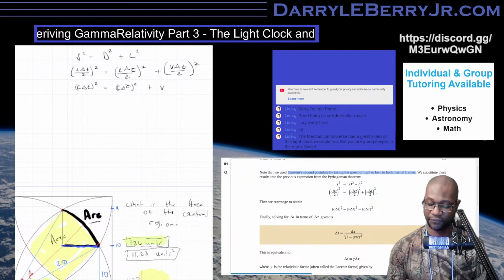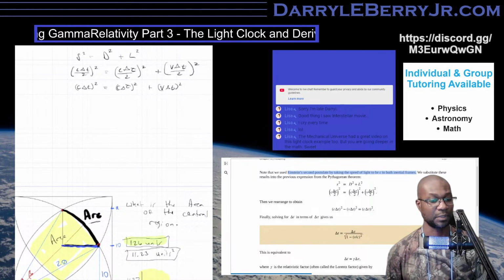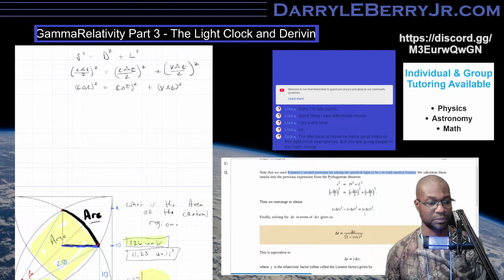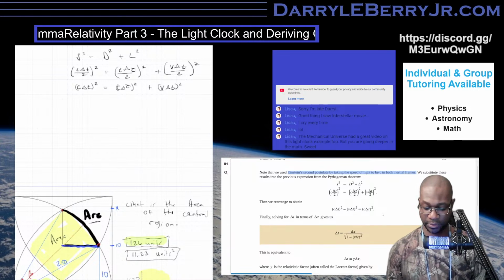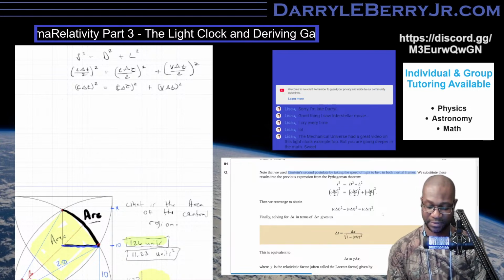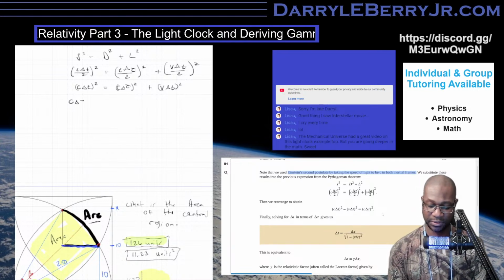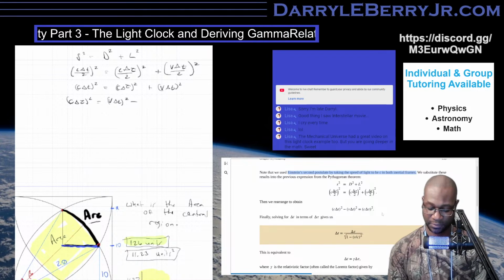Forgot to put my paragraph. And since everything is under 4, we could just drop the 4. And then we have, oh, well, the book didn't even number it. I guess it's because that's the work going on. So what we have is c change in tau squared equals v change in t squared minus,